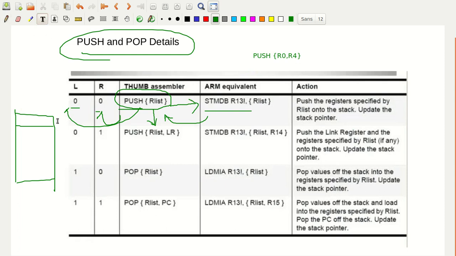Let me write here 0x0009 0010. Okay, so this is the stack value that you have. Maybe let me take any value that is there, 0x00.